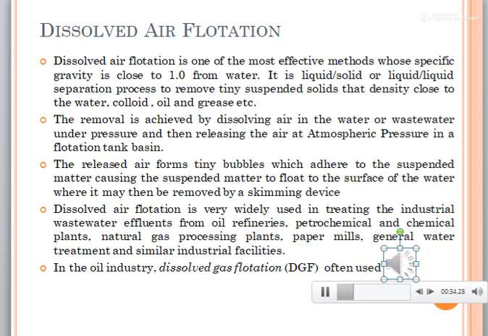Processes designed to remove suspended solids often will remove 10 to 20 mg per liter of organic material from secondary sewage effluent. In addition, a small amount of inorganic material is also removed. So the process used is dissolved air flotation, through which many of the particles found in water that have low density, close to or even less than that of water, are removed.